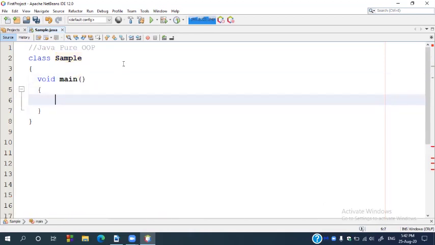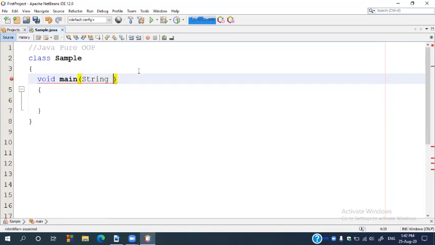In Java, it is mandatory to give command line arguments, irrespective of whether you are passing data to the main function or not while executing it. Here the command line argument is an array of strings. Here XYZ is an identifier. This identifier can be any valid identifier like XYZ, ARGS, ABC. Whatever arguments you pass while executing the Java program will be stored here.